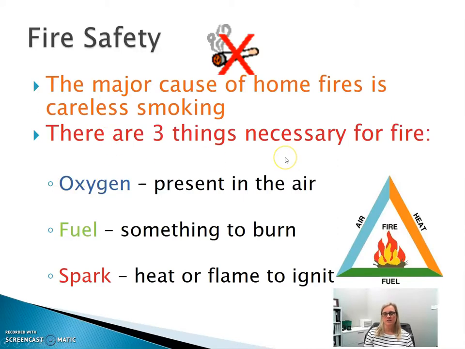There are three things: oxygen, fuel, and sparks, that are required for a fire to start and to continue to grow. Obviously, there's nothing we can do about the oxygen. The oxygen is in the air that we breathe. We cannot not have oxygen in the air. What you can do is contain it. You can shut doors. You can put lids over things to eliminate the excess oxygen